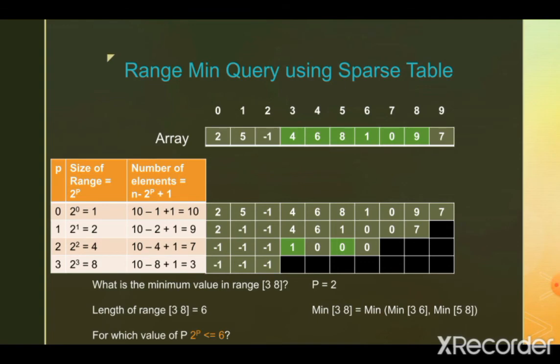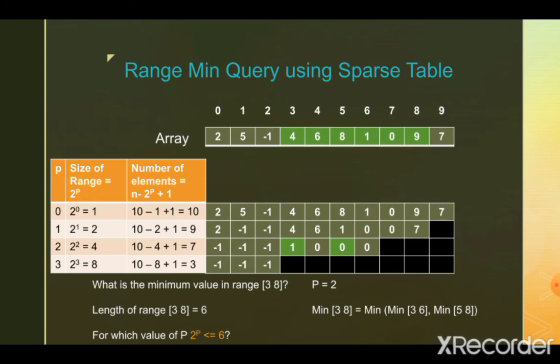Now the second range 5 to 8, how do we arrive at it? This we have arrived at based on the end index of the range in question. The range in question is 3 to 8, its end index is 8. So based on 8, we compute the beginning index by considering that range length is equal to 2 to the power of 2, which is 4. So it becomes 5. So from 5 to 8, the range becomes length equal to 4.